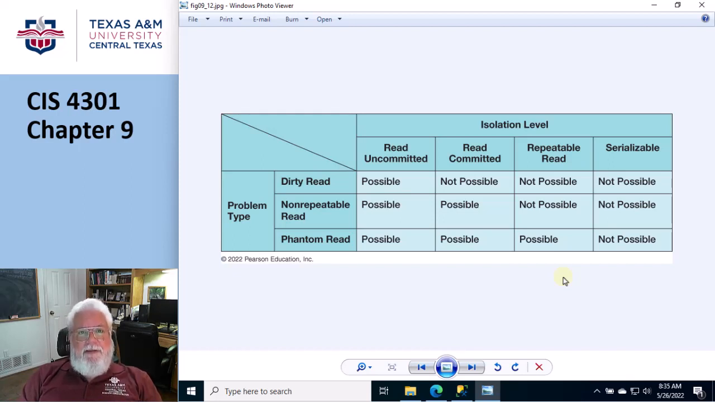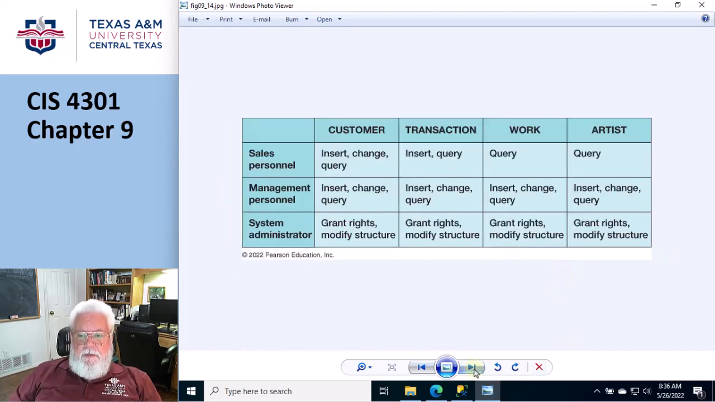Let's move on to a completely different topic on page 477, and that's security. So we've learned the TCL, transaction control language, and now we're going to learn the data control language, DCL. So DCL is all about permissions. This is where you would grant permission, revoke permission, deny permissions. Okay. So here's an example of